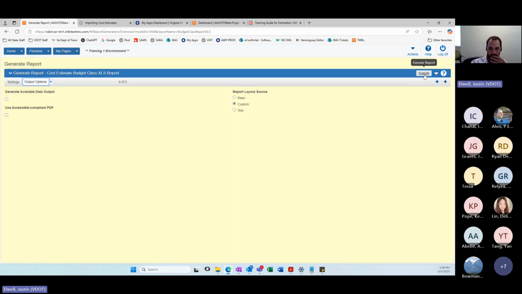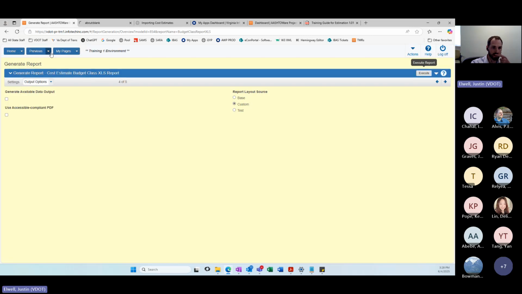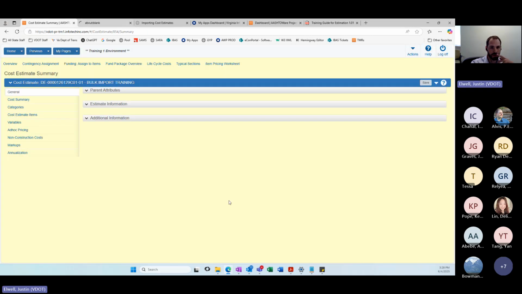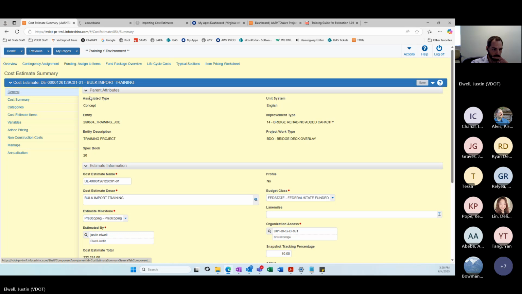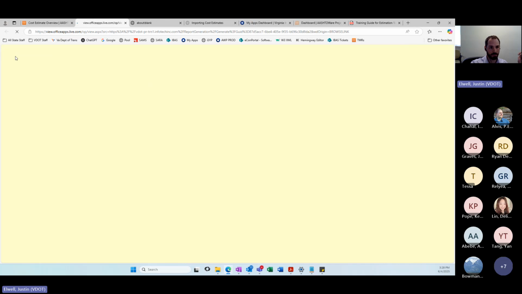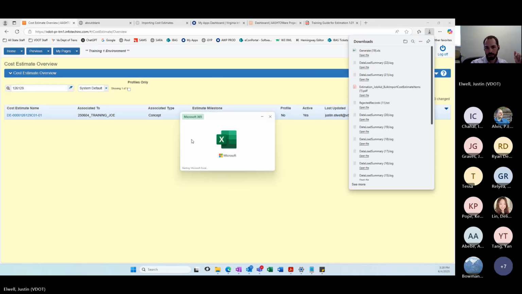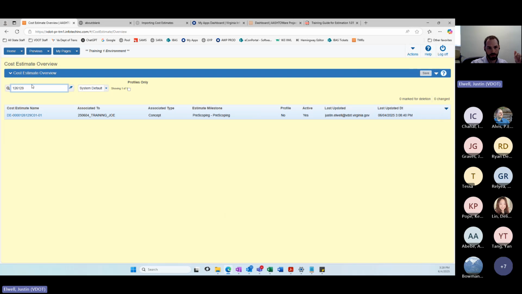So I use that drop down, I click execute. Once again, while that loads, I start at the cost estimate level. This will load in just a second.